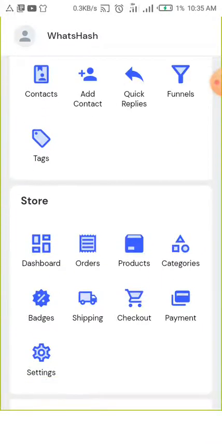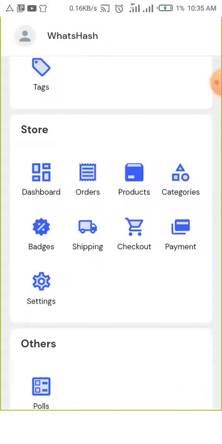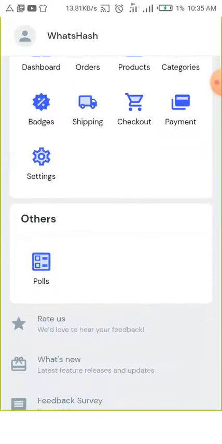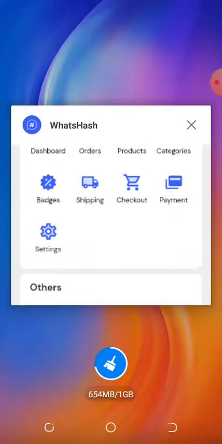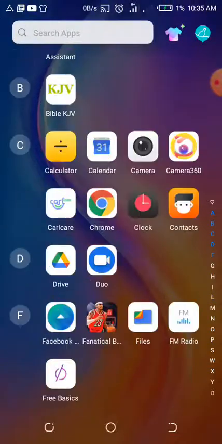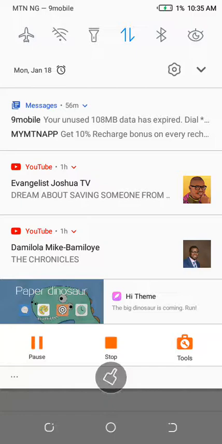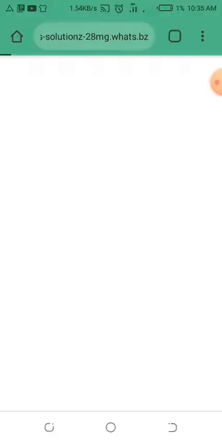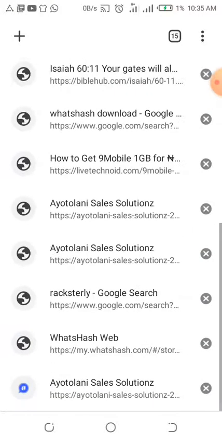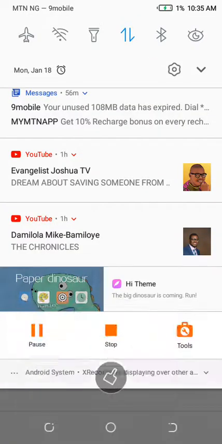Once you have done these categories and products, what you need to do is go to Chrome. I'm going to give you a website now to log into your back office, the official website, for WhatsApp. Once you go to mywhatsapp.com, you will be told to log in